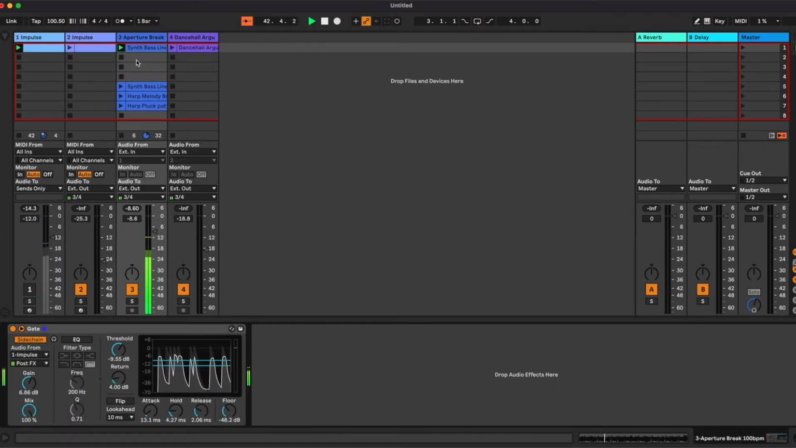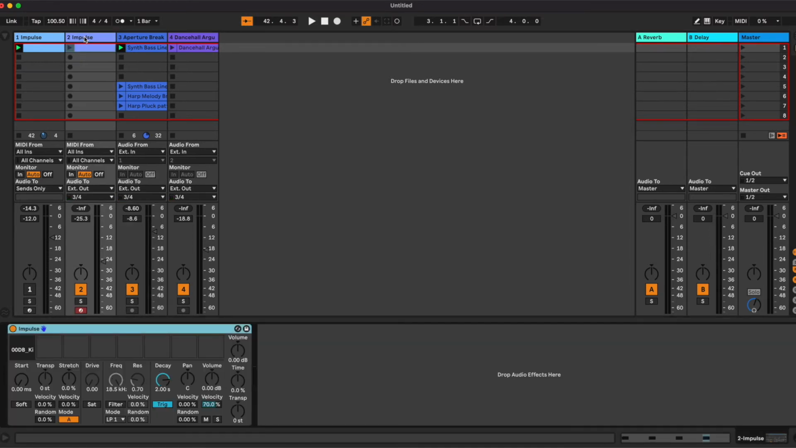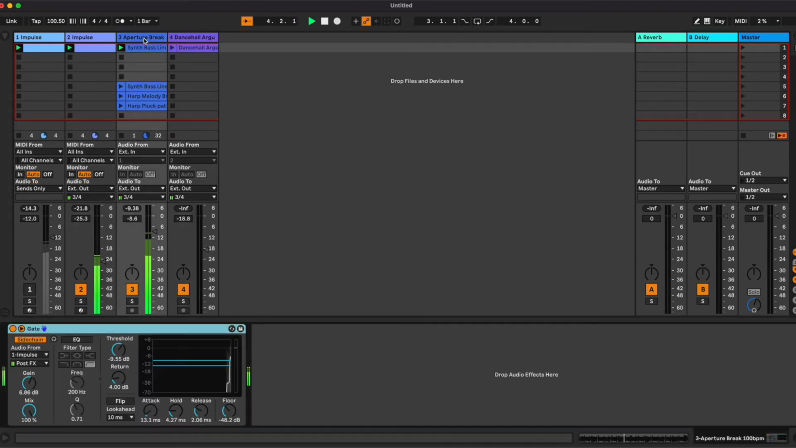Now, the difficulty with me just playing that stuff to you is that it's always good to hear it in context. So I've got another kick drum here, and this one's doing four to the floor. Without the gate, this is what it sounds like. Putting the gate back in,